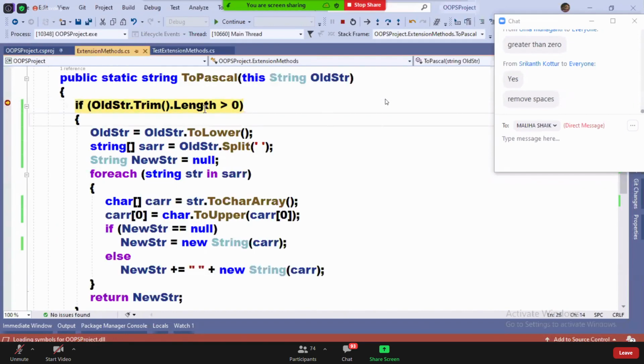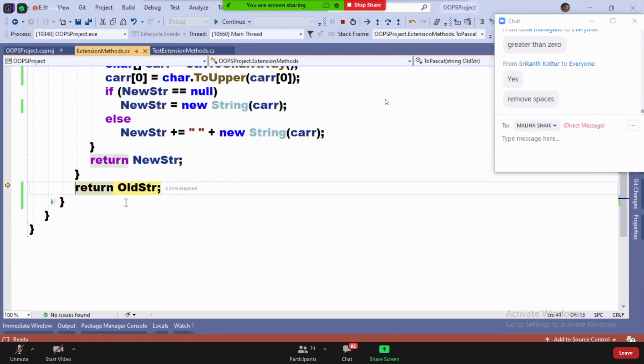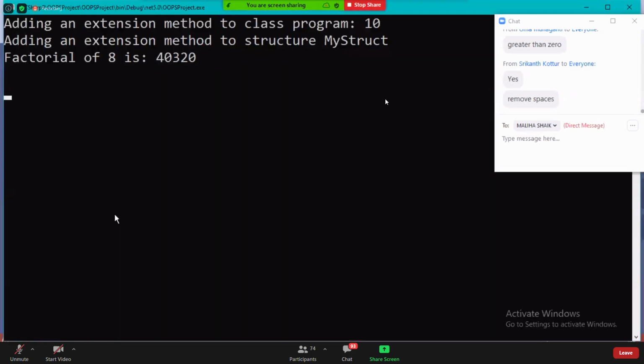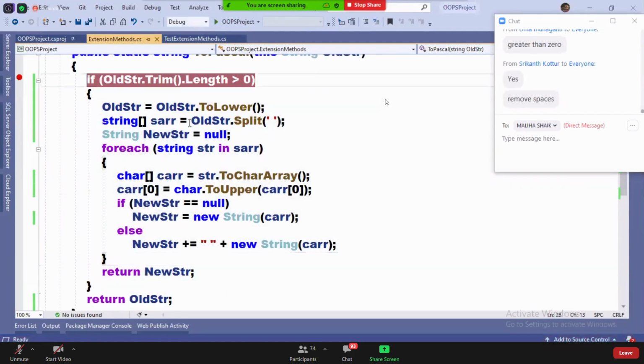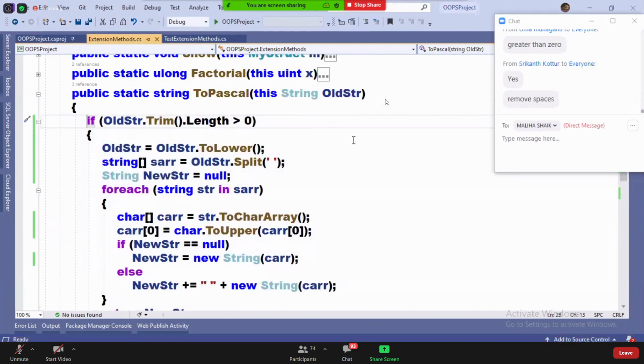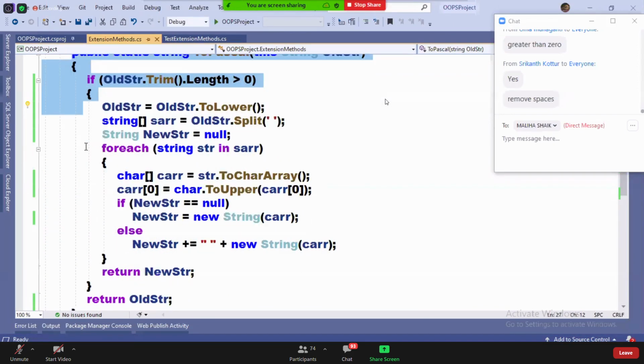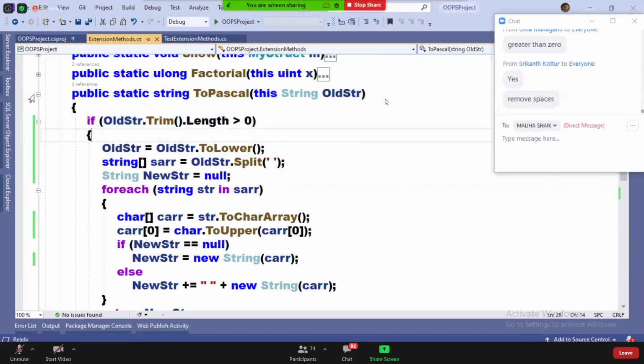And now see, put your mouse here. With the old str, trim will remove the spaces and length will find the length of it. Directly jump to old str. See, two ways here. One, put a breakpoint and debug the code. Second, if you have any doubts on it, I posted a video on it and you can watch the video. Videos are posted for that only, guys.